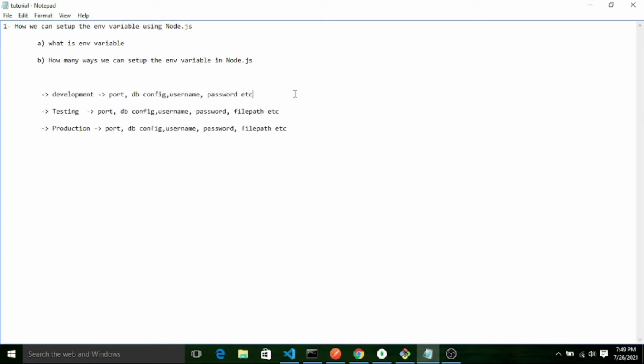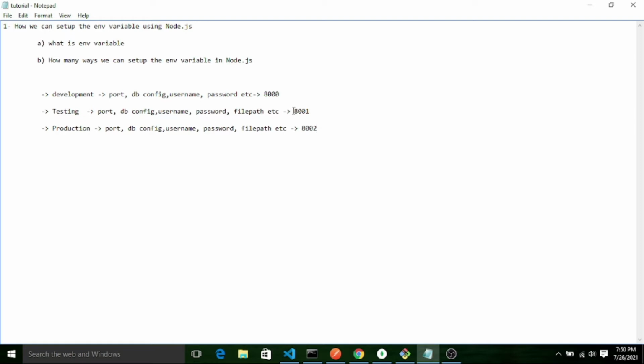Let's say here I am using port 8000 to run my application. Here I may use port 8001. Here I may use port, let's say, 8002. Because when the development team has finished the development and gave it to the testing team for testing, as the environment is different, we should use a different port also.